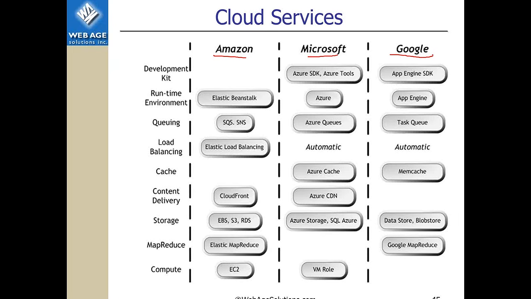So I'm not going to go through all those services. They're quite elaborate, and you would notice that there are some gaps which do not actually exist. For example, Amazon offers caching services, and there is also a development kit for Amazon Beanstalk. I guess it's just a matter of people preferring other solutions from other vendors.